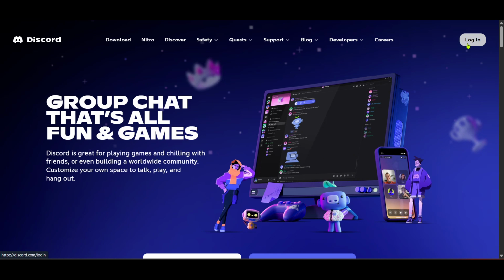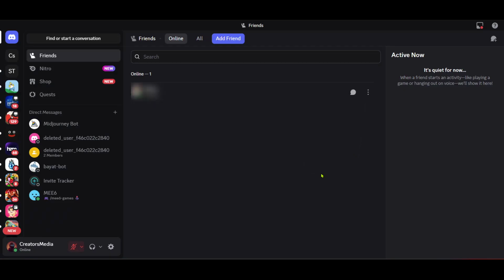For those who might have forgotten their password, there's an option to reset it, ensuring you're never locked out of your account. Once you've successfully logged in, you'll find yourself on Discord's homepage. This main hub is where you can keep track of all your messages, servers, and friends. From here, you can either join a server you're already part of, or look for more communities to become a part of. If you're already a part of a server, you'll see its icon on the left-hand side of the screen. Click on it to enter.